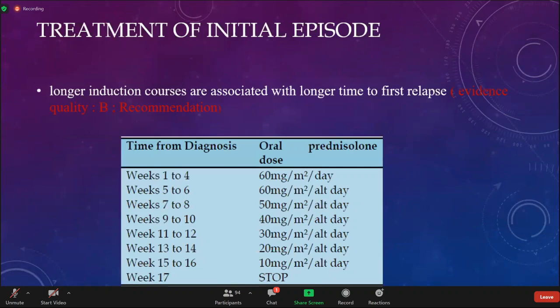Right. Now, after you diagnose nephrotic syndrome, treatment is very much straightforward. We know, as I mentioned earlier, that it is very, very steroid sensitive. Therefore, prednisolone is the drug of choice. We usually start with 60 milligram per square meter daily prednisolone dose, usually given in the morning